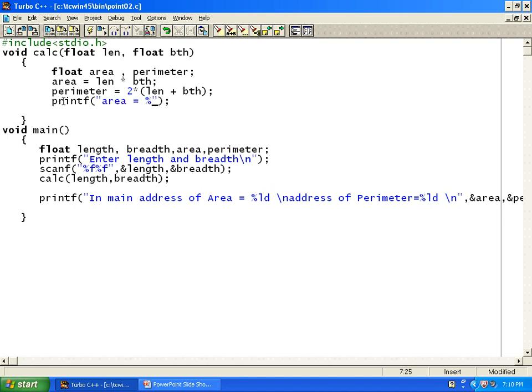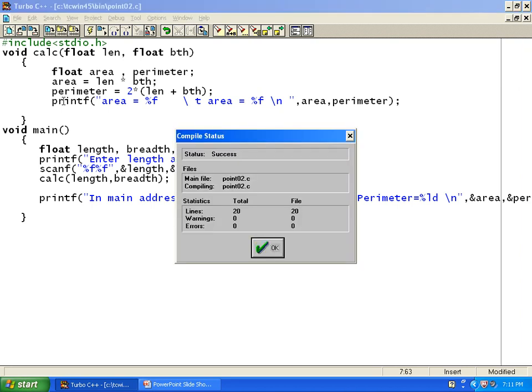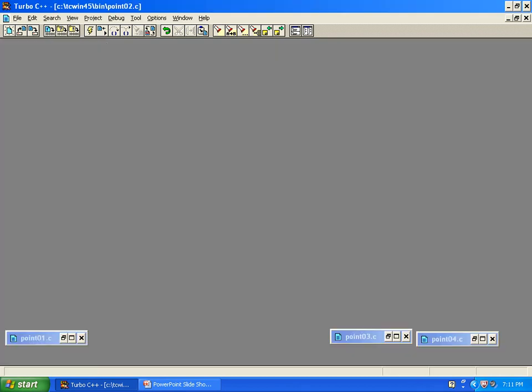Area is equal to percentage F, I'll do slash T. Area is equal to percentage F slash N, and we'll say comma area, comma perimeter, and do Alt F9 and I'll do Ctrl F9 on the program.